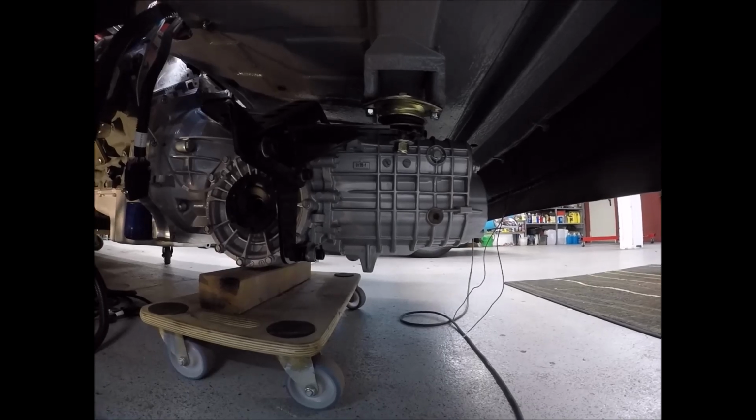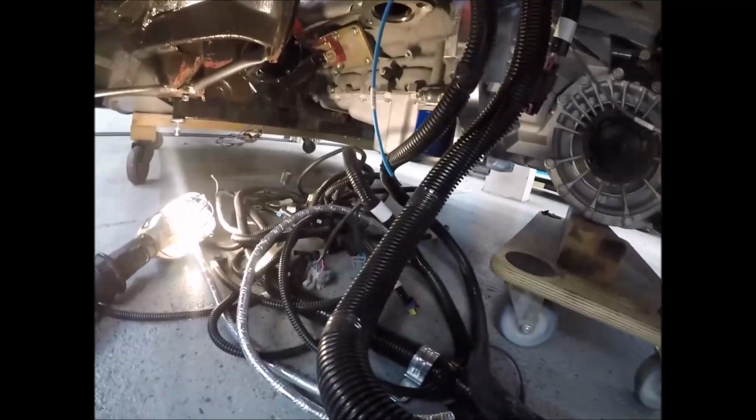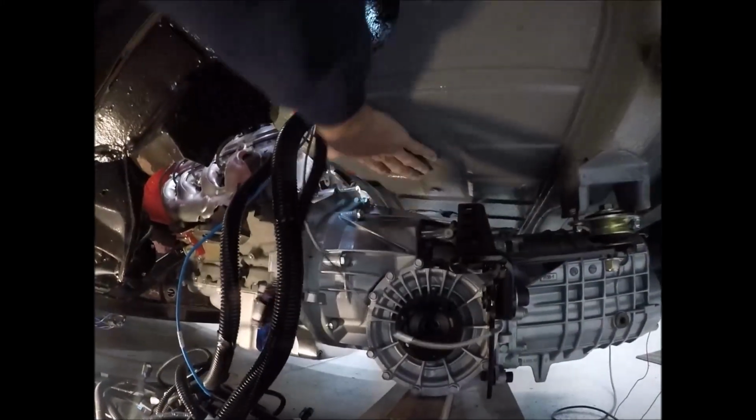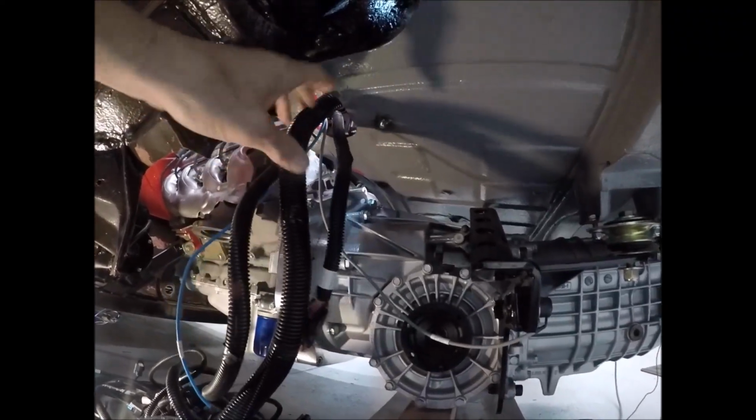That's it from underneath here, except for this big giant spaghetti mess right here. That actually looks a little intimidating, but it's pretty simple. And if you look right up underneath here, I'm going to build a little mini doghouse coming up from the top, and that's where all this extra cable is going to be coiled up nice and neat and stored right up in here. Imagine probably about 3 inches down and maybe 10 inches that way, just so I can store all